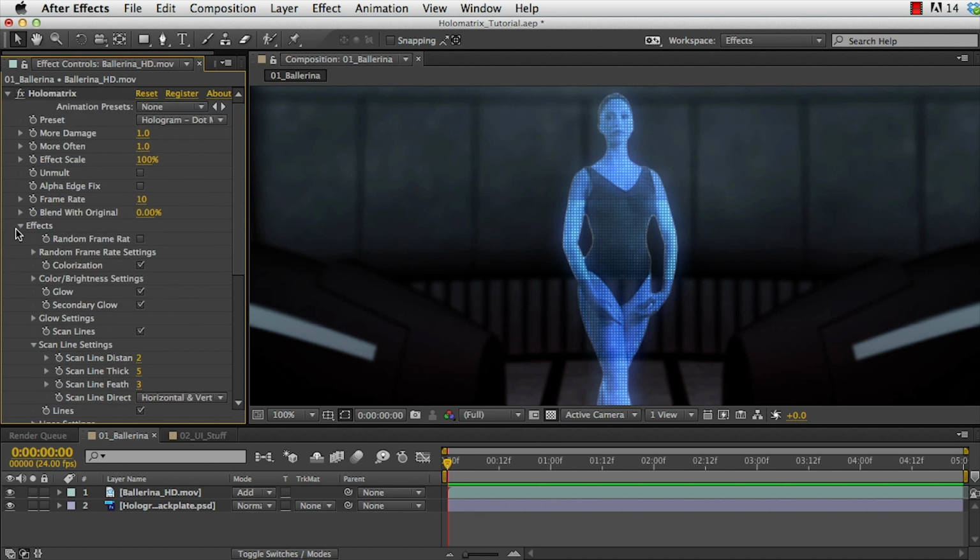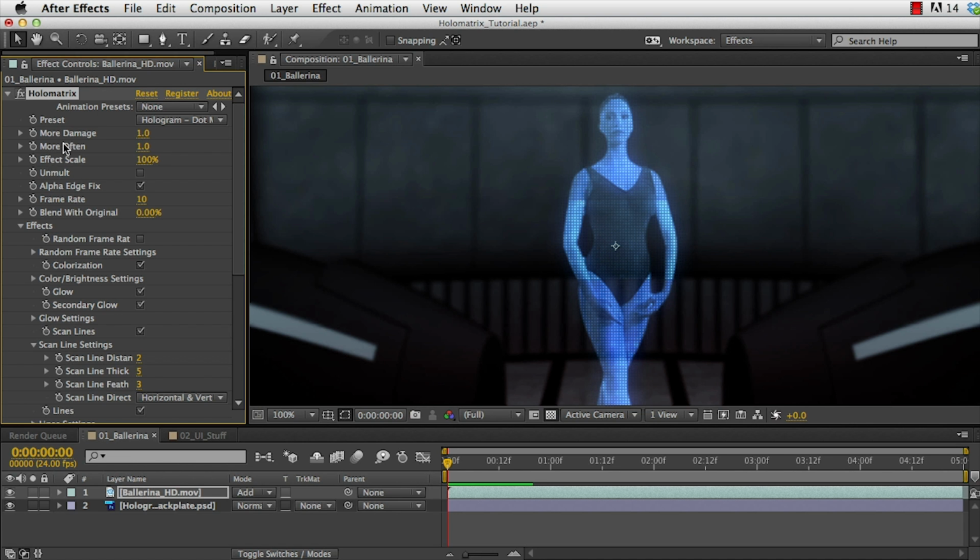And speaking of new features, let's look at a few other things. Now you may notice these sort of white edges that are happening around our hologram footage, and that happens with some keyed footage I've noticed, and also with certain effects turned on. So like with our lines that are going up and down, that may cause this to show a little more. So fortunately we've just created a little switch that turns this thing called Alpha Edge Fix on, and should solve any problems you see. But hey, I like to make things look worse if I can, so let's look at